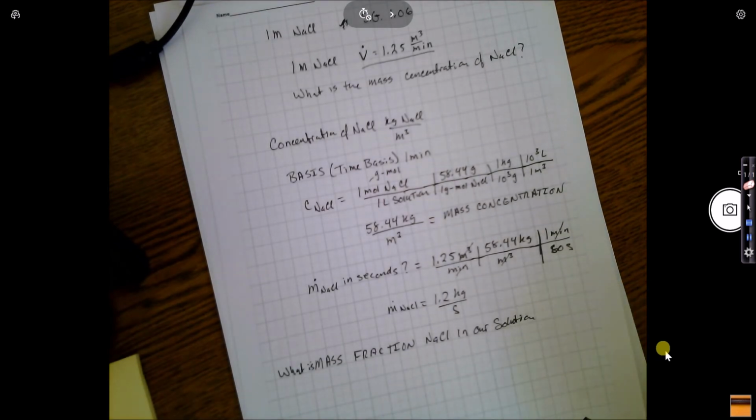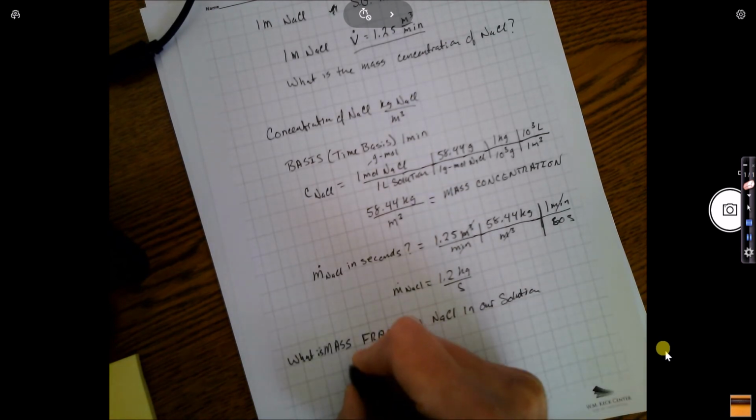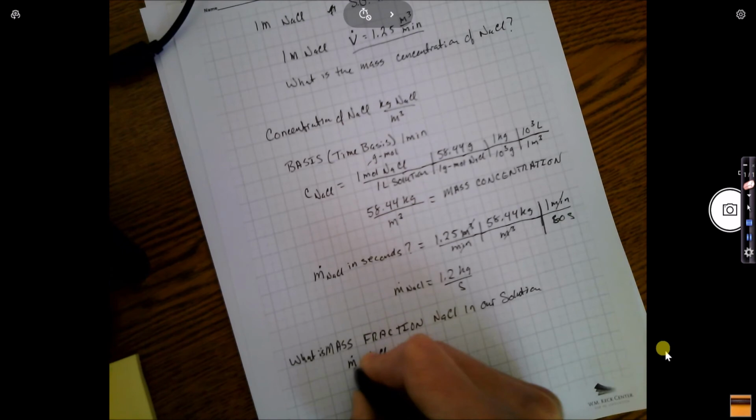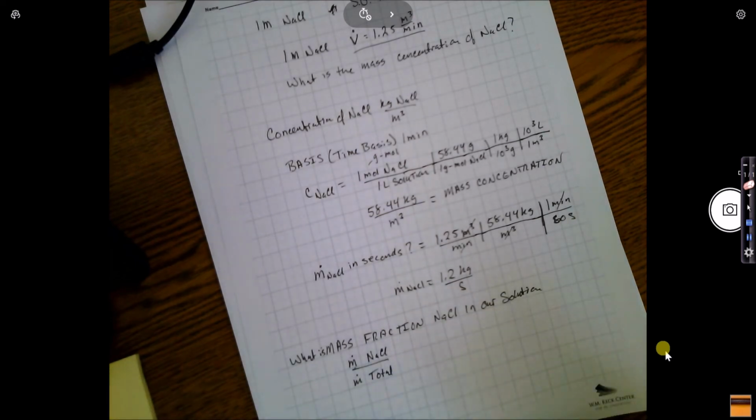In our solution. All right, so that's going to be the ratio. The mass fraction now, we can do it in terms of mass flow rates. So it's going to be the mass flow rate of sodium chloride divided by the mass flow rate total of your solution. Okay,